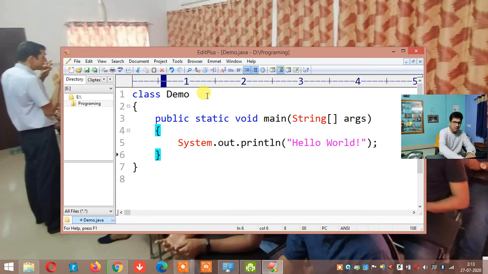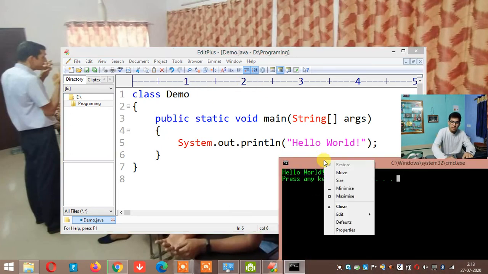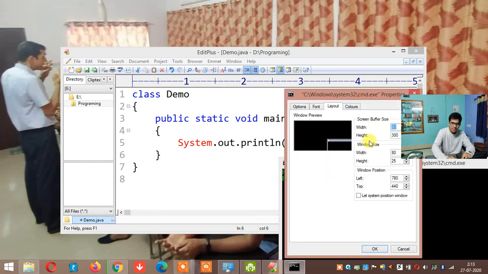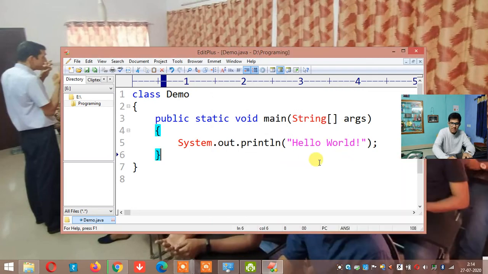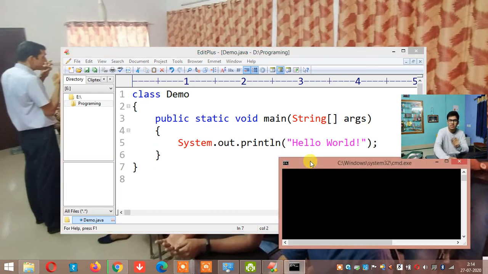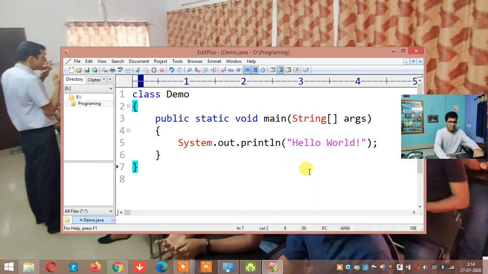Now there is some more thing, that is window size. So I'll go to properties, and in the layout I'll go to window size. For the window size, I want the height to decrease. I'll decrease it. Can you see that in the preview it is decreasing? I'll say this much I need. Width also I want to decrease. Yes, it has decreased. I'll click OK. And from next time, if I compile and execute, I'll get that small screen. This is how my output should look, very small. Okay, now let me execute.